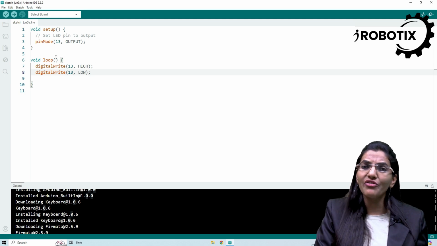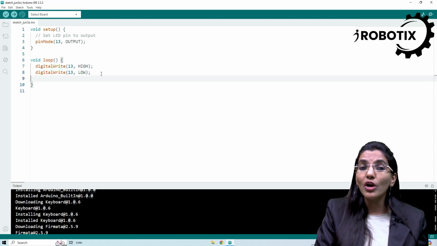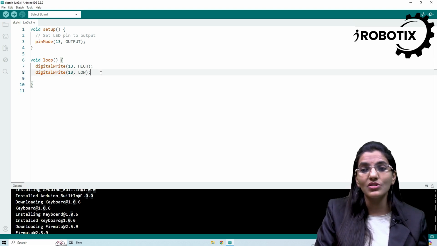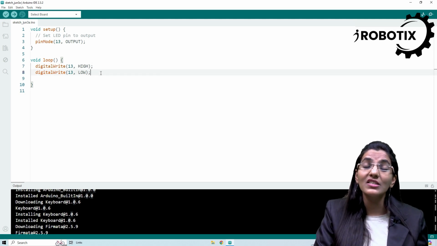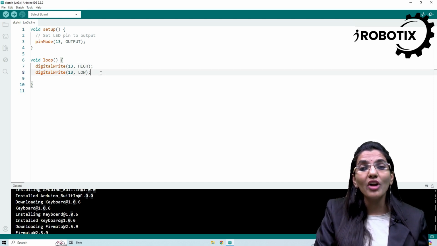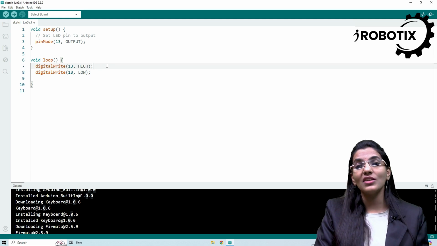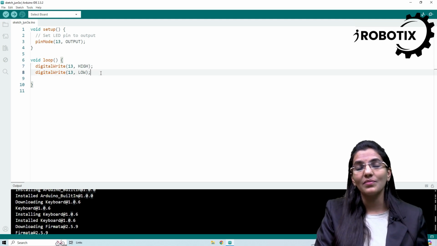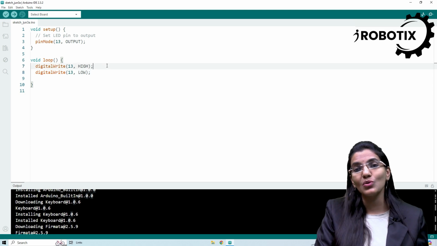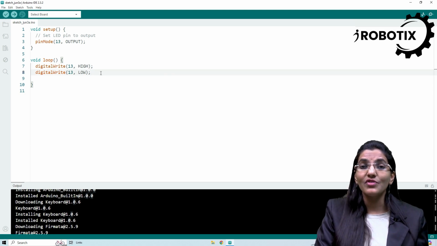Now the thing is, if we just start the program like this, you will see the LED is always HIGH or always LOW. This is because the code inside the void loop will be run at full speed, and full speed for Arduino is a few hundred megahertz. Compared to what we as humans are able to see, this is way too fast for us to see the LED blink. So what we need to do is add a small delay. We need to make a small pause between those 2 instructions.